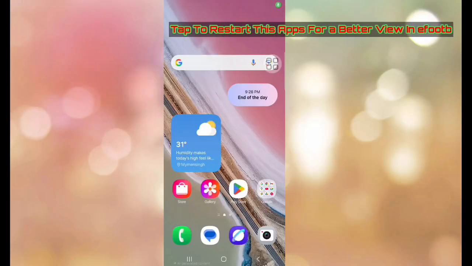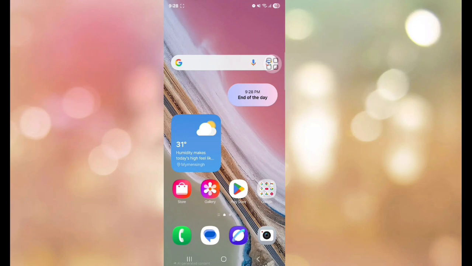Hello everyone, in this video I am going to show you how to tap to restart this app for a better view in eFootball. Be sure to watch the video to the very end so you do not make any